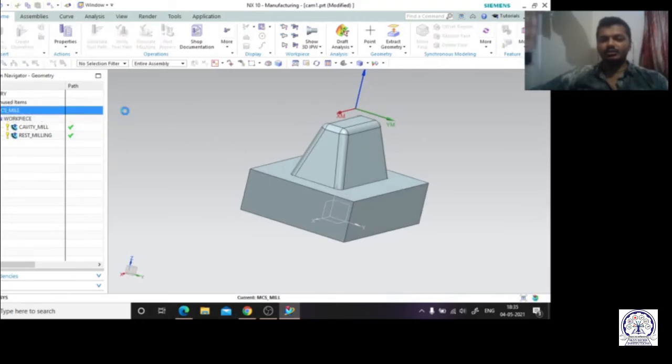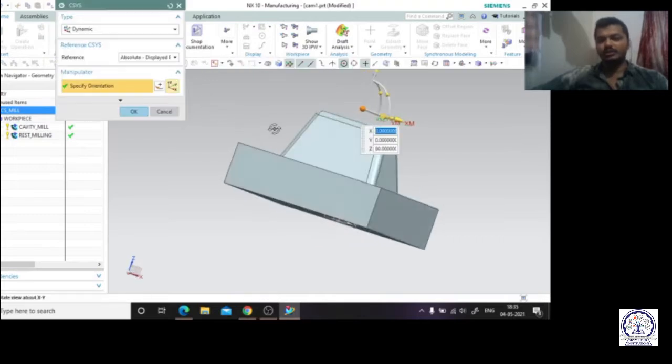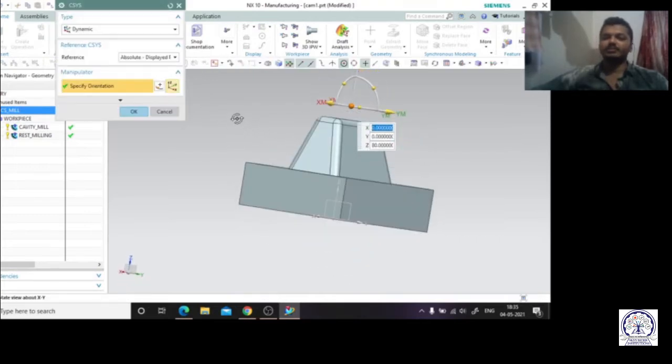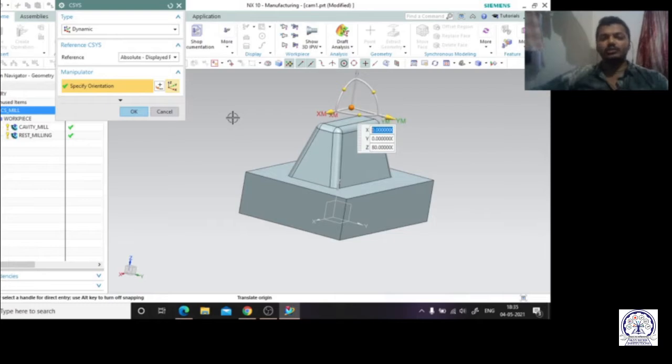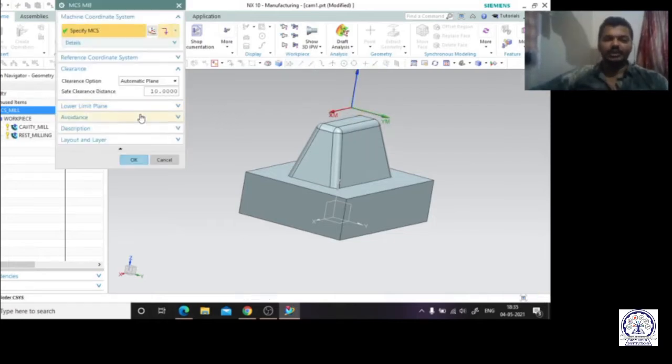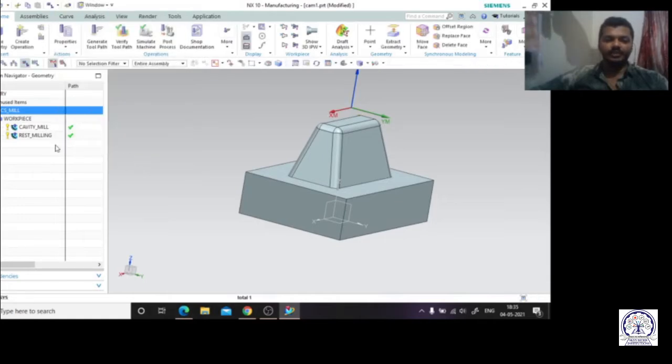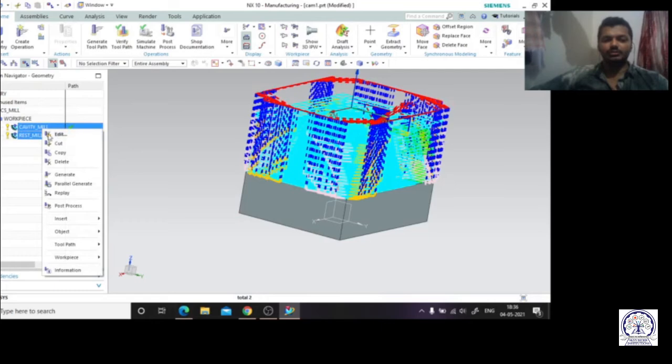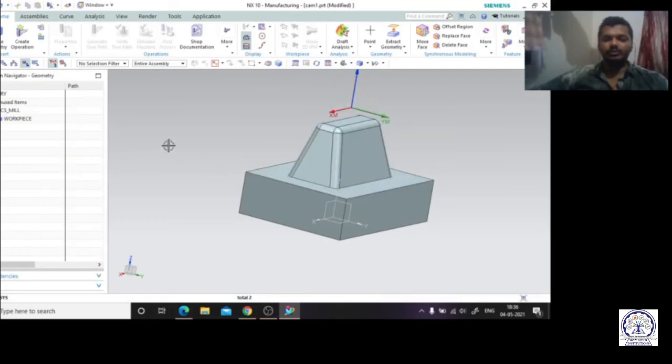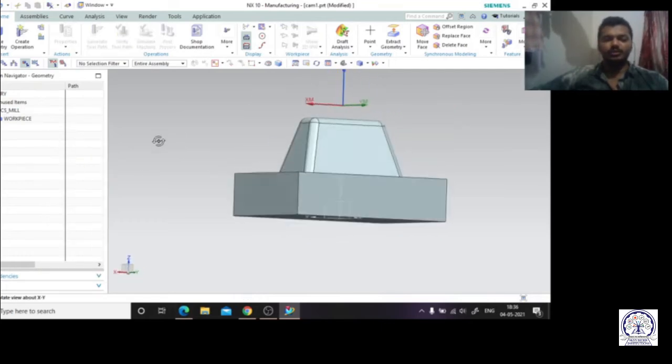And how to check. Here one more thing I have to do: where the machine coordinate system should be starting. Over the raw material I have to place it, to set the feed plane. After that I can go for okay. One more thing we can do over here. We have to implement some operation. So how to implement the operation?